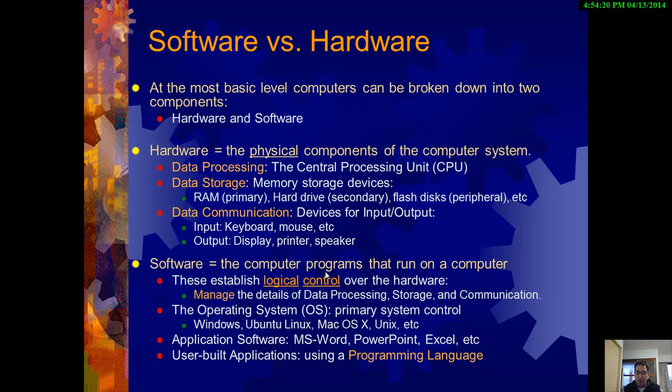That kind of software is called the operating system. And there are different operating systems. And of course, we're all aware of them. For example, there's Windows. There's also Mac. There's another one called Linux. There are different kinds of Linux. So there's one called Ubuntu Linux. And there's another type of operating system called Unix. Some people have iPhones. That's a different operating system. Some people have Android phones. That's another operating system. The operating systems are the very base part of the software that controls all the hardware